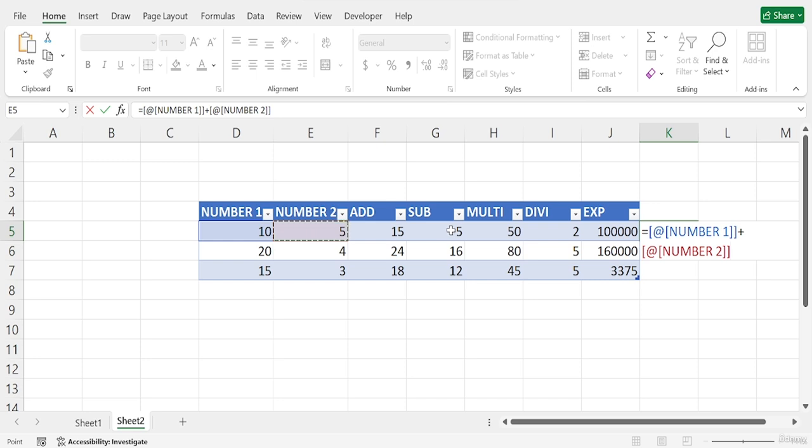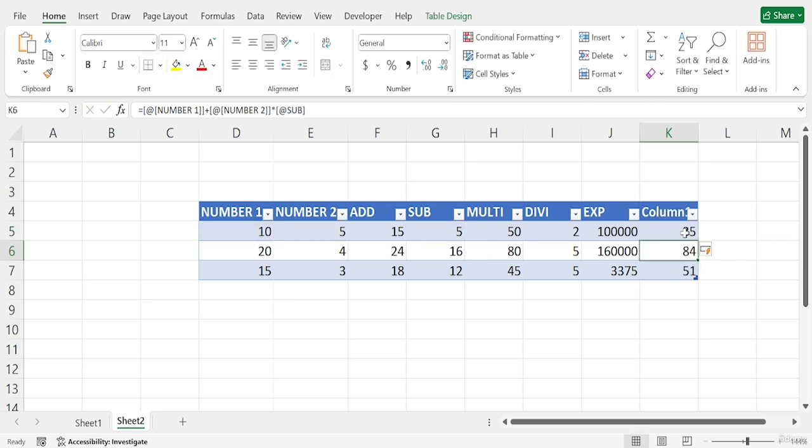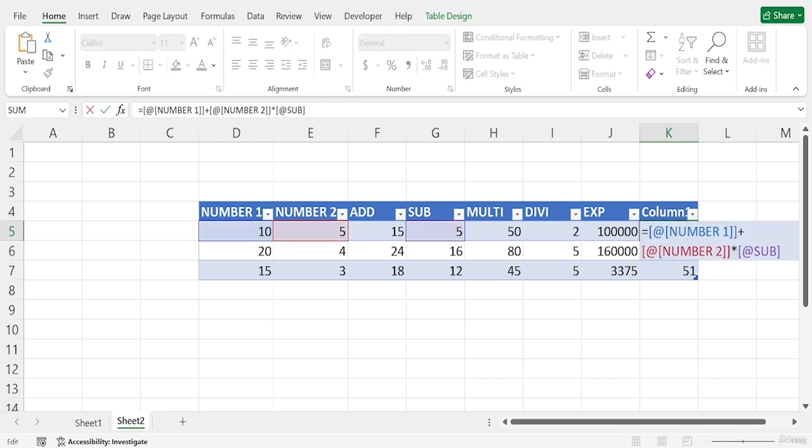So I select multiplication, and if I press enter, as you can see, it gets 35. But if I add up these two numbers, which is 15, and multiply by 5, it will definitely not be 35. That means it gives wrong answers.